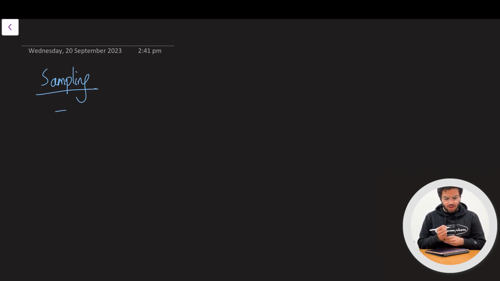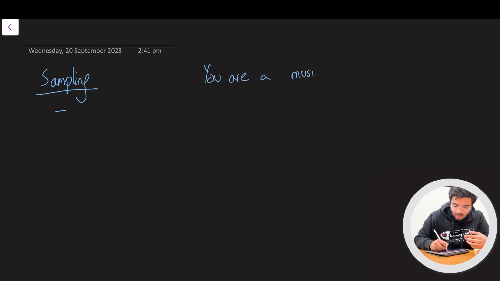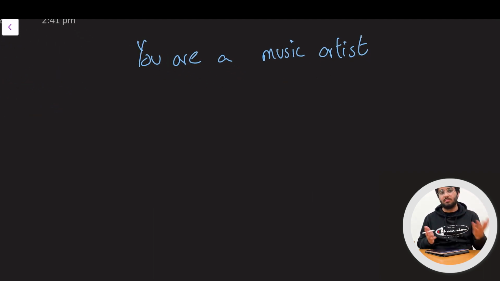Our first example is, imagine you're a content creator or a music artist. So obviously you want to make songs and you want to put them on some platform. You want to know what's a good song. One way is to look at the songs on the platform and see what does well. You think that a good catchy chorus is the factor for success in the music industry, and that is your bottom line.